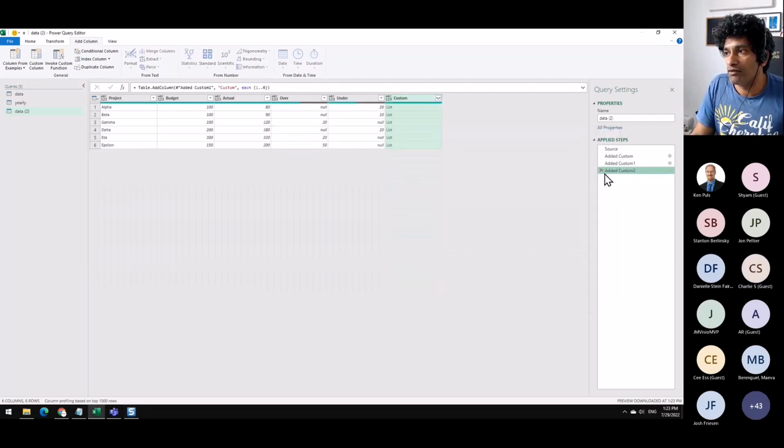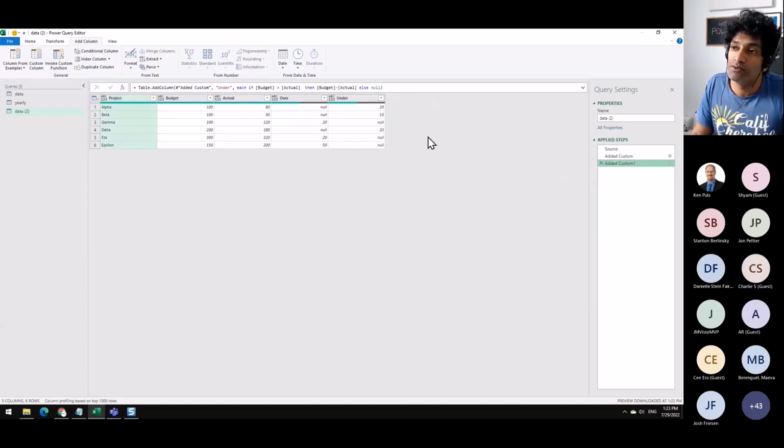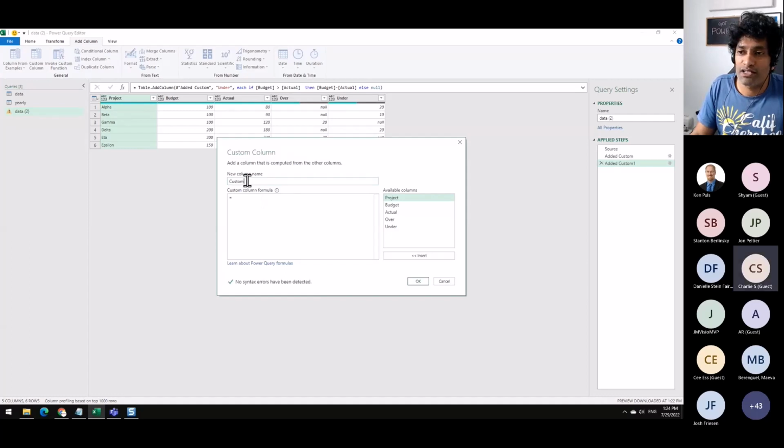So I'm going to go back in time and do the other thing, which is a custom column. And instead of a list in the column, how about if I put a table? This is where my Power Query M language syntax understanding is a little bit rusty, so sometimes I just go and Google or search for help. A good thing for you is there is auto suggest here.